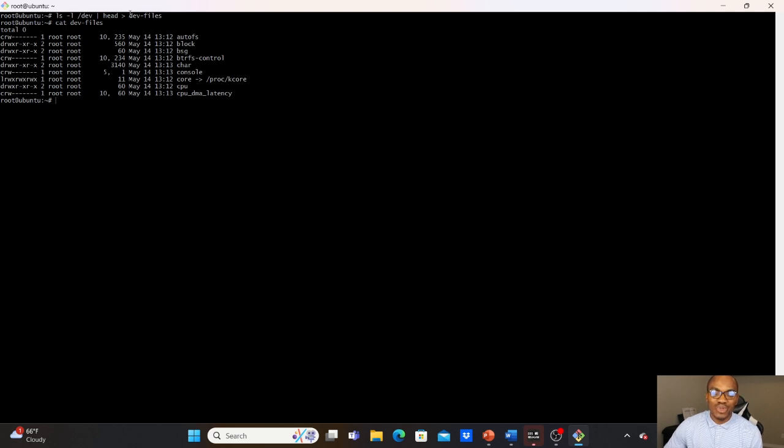So if you use the single redirect symbol, the single greater than, it will just create the file if the file does not exist, and put the output there. But if the file exists, it will override the content of the file. So even if you use greater than